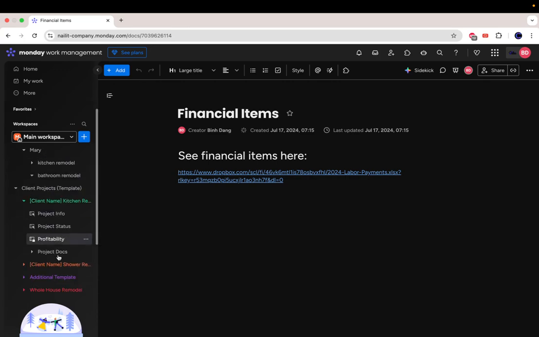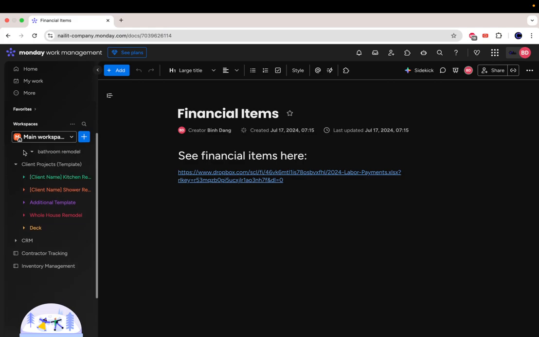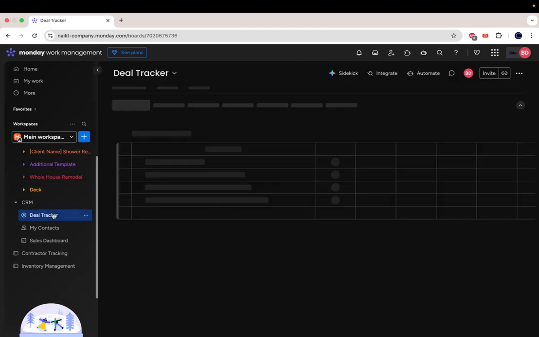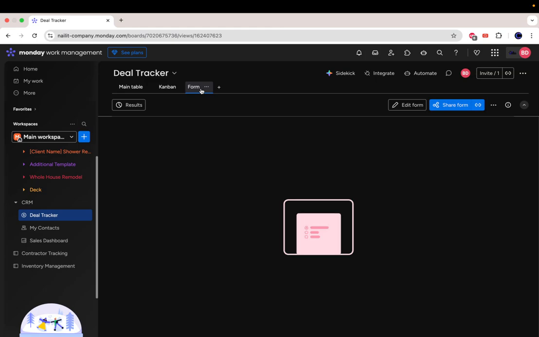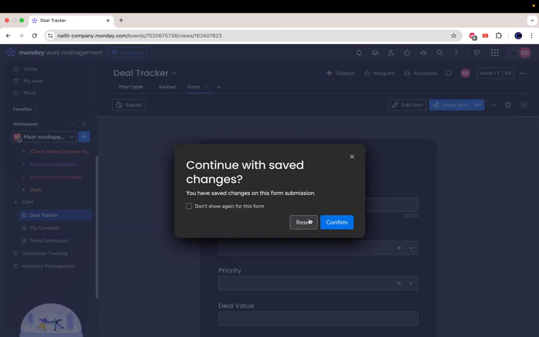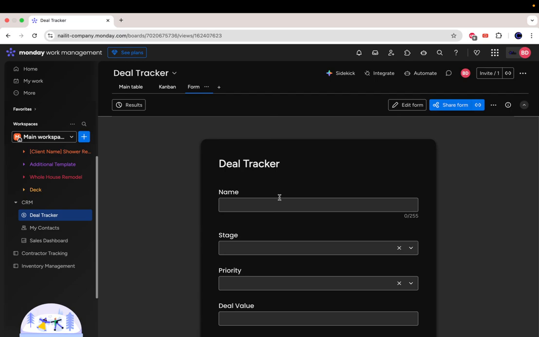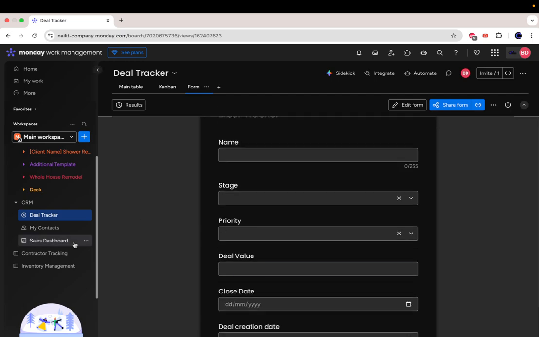Also I'll show you that there are different templates you can prepare based on which services the clients are taking. Those things can be automated there. You have a CRM section where you can track the deal tracker. So how many active deals you have right now and at which stages, what the deal value is, what the deal length is, and which deals have been closed won and closed lost. And you also have a simple deal tracker form here,